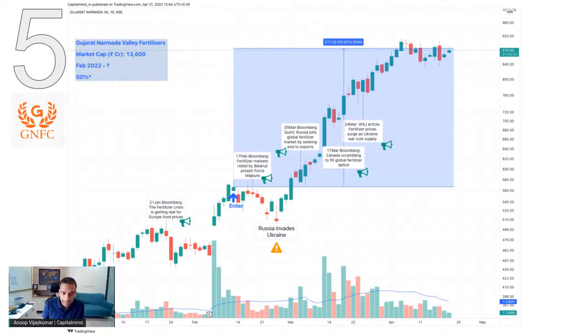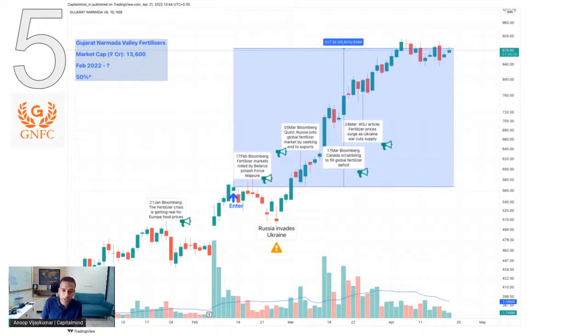The stock entered the portfolio in early or mid Feb. Literally two days later, Bloomberg published a report saying fertilizer markets roiled by Belarus potash. This was when Putin was talking about potentially invading Ukraine, but not quite. We didn't really know what was going to happen. Stocks corrected, all stocks globally corrected from that point, right up till I think Feb 24th,